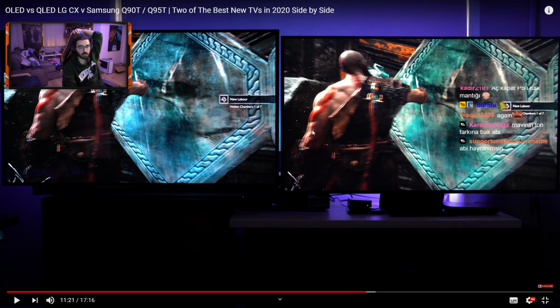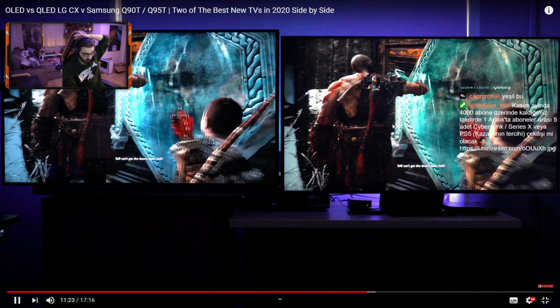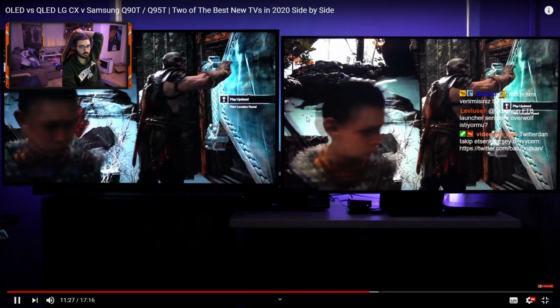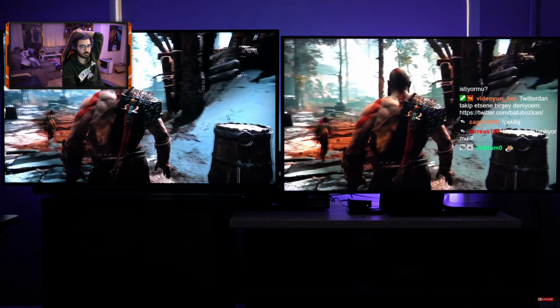I certainly don't. I think there's positives on one and there's positives on the other. I think in certain scenes the OLED and the darkness of those blacks definitely come into their own, but on others I